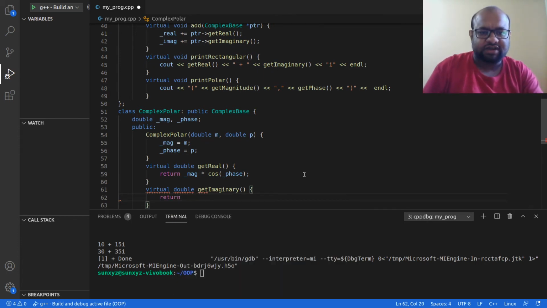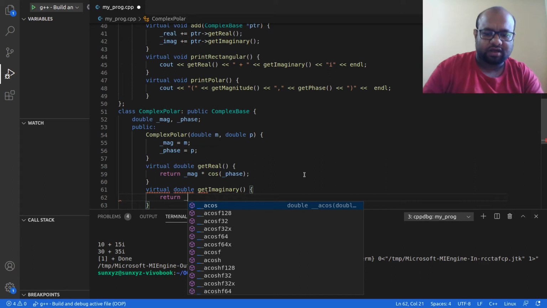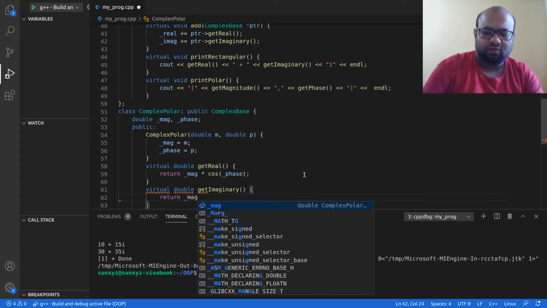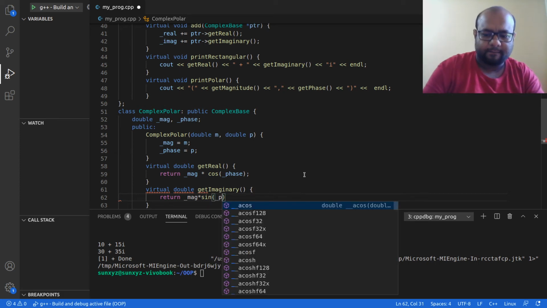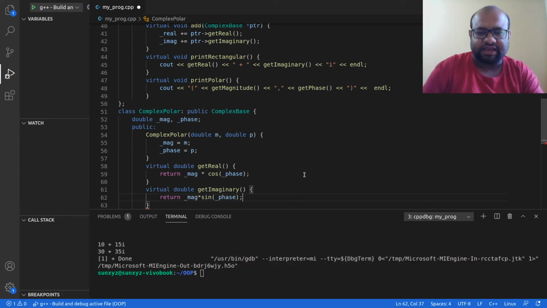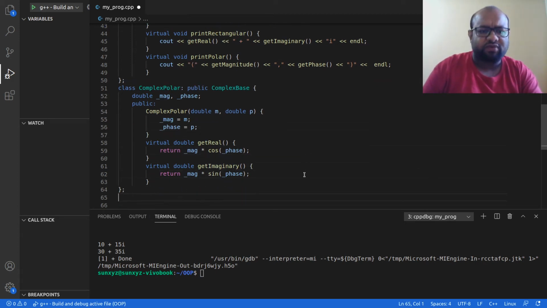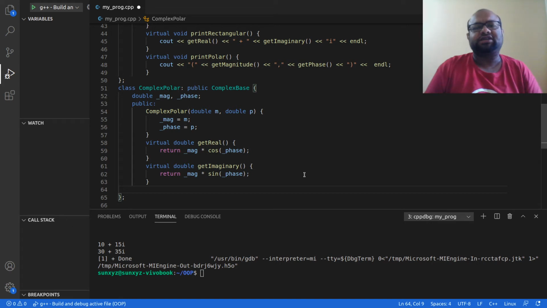So get imaginary is equal to magnitude into sine of angle. So phase is the angle. I hope that you should have guessed by now. And if you remember the Cartesian coordinate system, polar coordinate system, converting from Cartesian to polar, you studied this back in school itself, I believe, when you studied trigonometry for the first time.